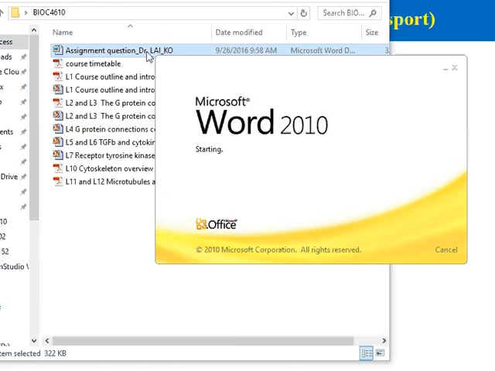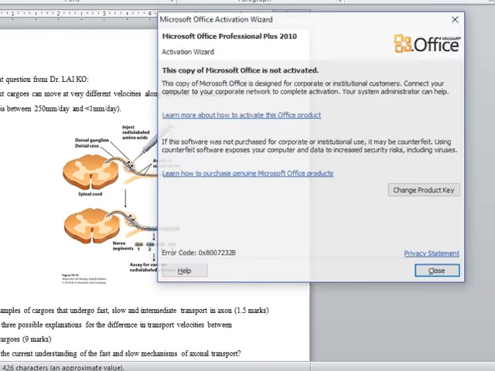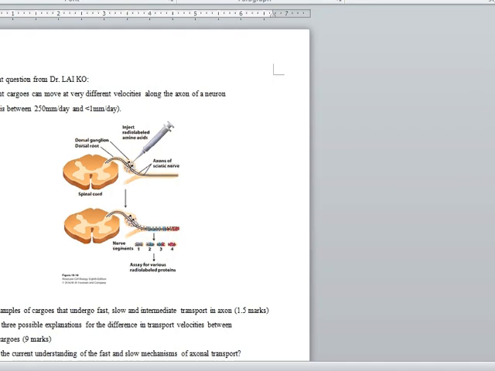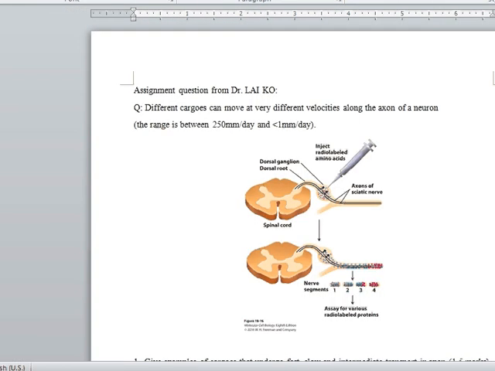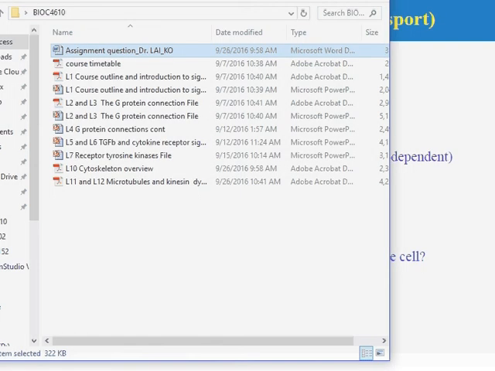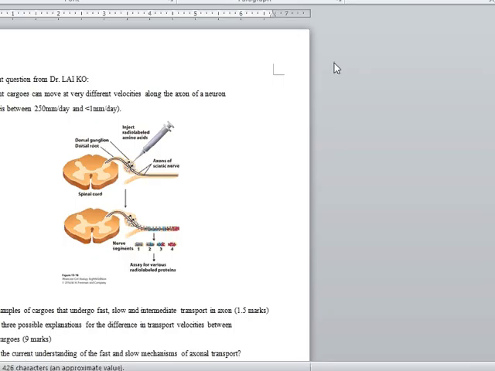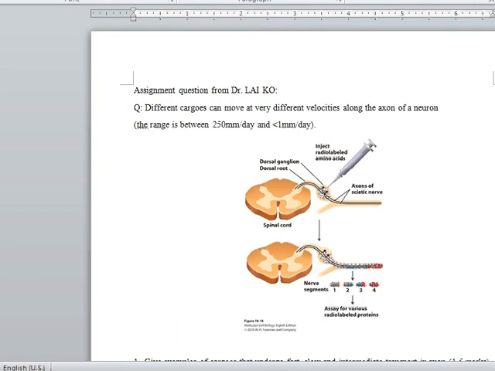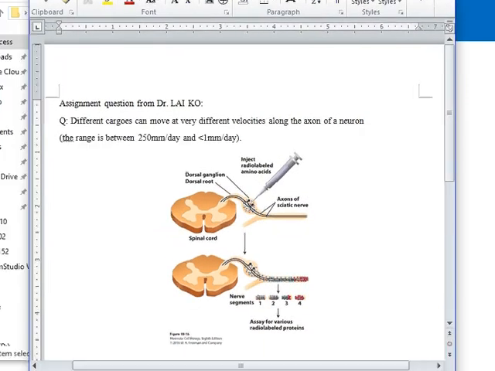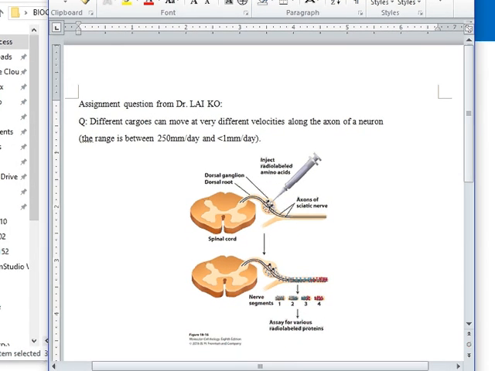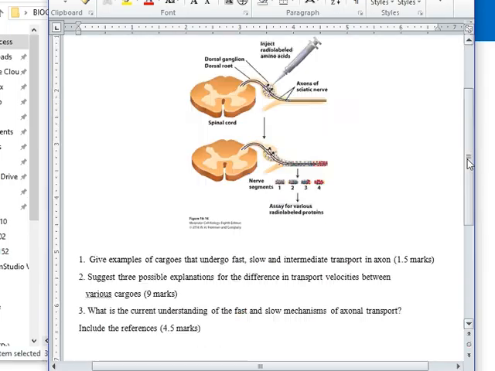I can still give you marks as long as you raise a sensible hypothesis. I will give you marks, regardless of whether it's true or not. But at the end, I want you to actually find out from the research literature what is the reason, what people now believe. And then also, please try to include